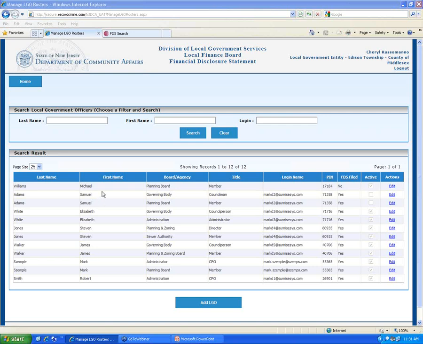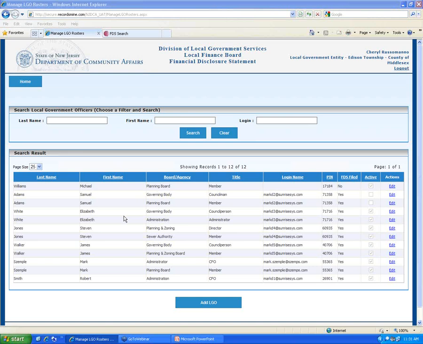Once a deadline is established, can someone file after that date? Yes, okay? But we date and timestamp exactly when they get filed. So if they file after the deadline, they take the risk of an ethics complaint being filed against them because they didn't file on time. But absolutely, the system will accept filings through the rest of the year. We don't physically stop people from filing, but we do date and timestamp when they've actually filed that FDS in the system. So that information will be listed on the site.